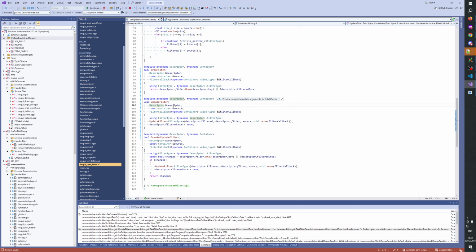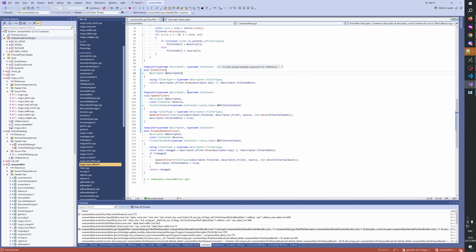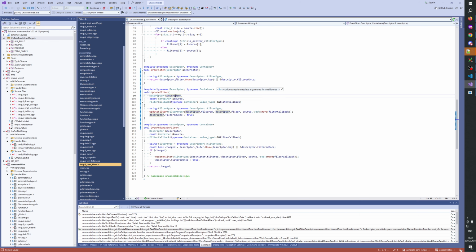Okay, and then in here, so we have descriptor, we don't need source, and we don't need callback. So we remove these two guys here. And here we need the descriptor, we need the source, and we need the callback. Here we need everything, yeah. And then here we say,